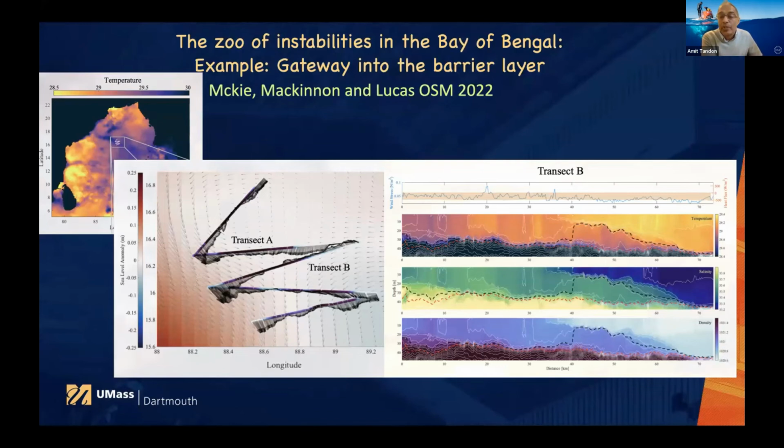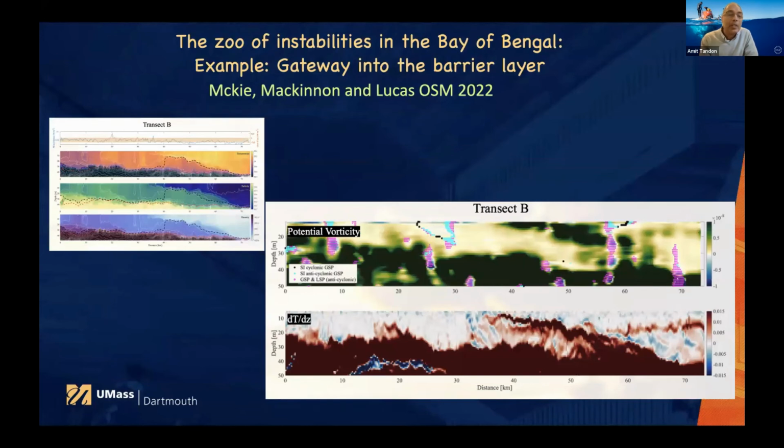And she shows very convincingly that essentially there's a region here where the flow gets subducted underneath. So if you look at the salinity again, on the east side is this relatively fresh layer. In this case, now you have a strong salinity front. But in between here, if you look at the dt-dz plot, you can see that there is water that gets subducted, and these are at the gateway, at the mouth of this